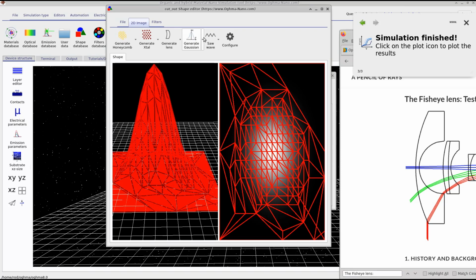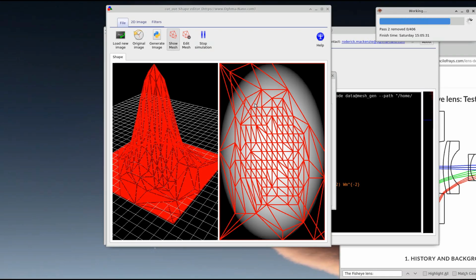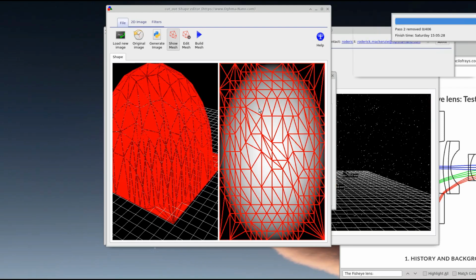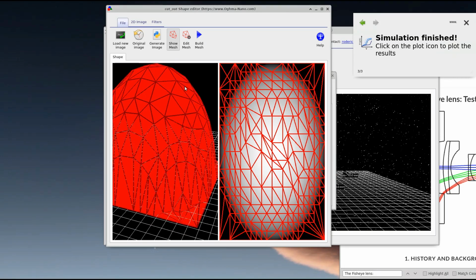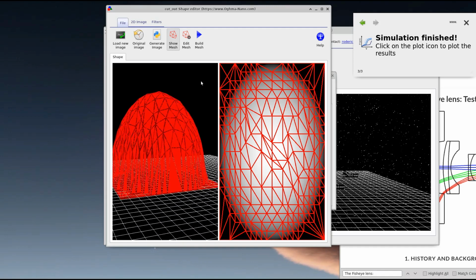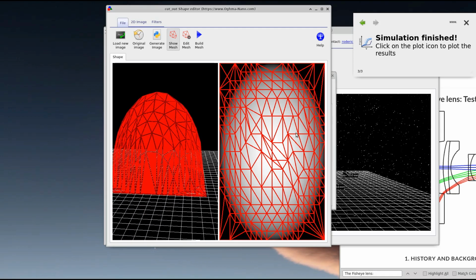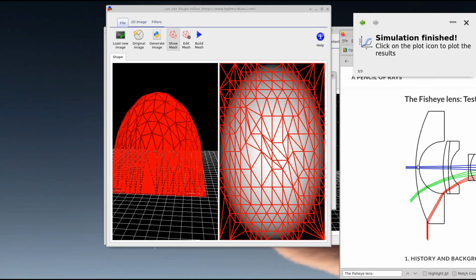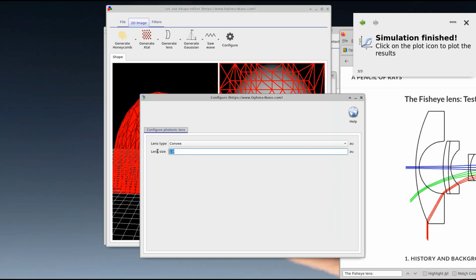So I'm going to go to the lens generator and generate. Just click on generate lens and let's try and build that lens. And that's effectively half a circle. If we look at this part here, we notice there's a bit of an edge there, and then this circle comes in. So we're going to try and change the size of this. If we edit the lens, let's change the size to 0.5